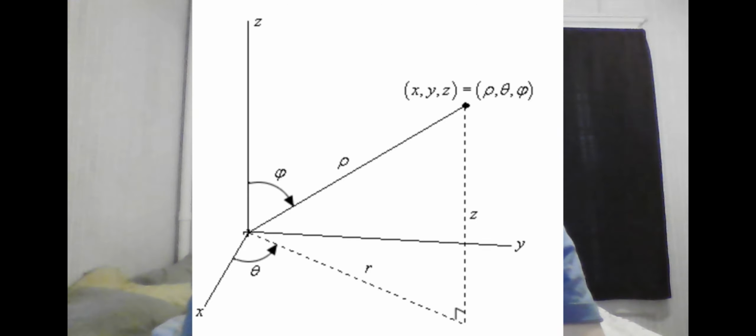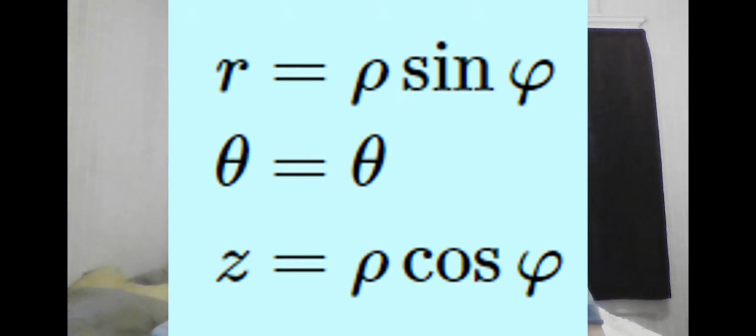We see, if we pay attention to the 3D triangle alone, that the height z must equal the magnitude times the cosine of the angle measured relative to the xy plane. And by similar reasoning, the 2D radius or magnitude is the 3D magnitude times the sine of the angle measured relative to the xy plane. But we see that theta, or the 2D degree, is still the same in spherical coordinates, so it does not